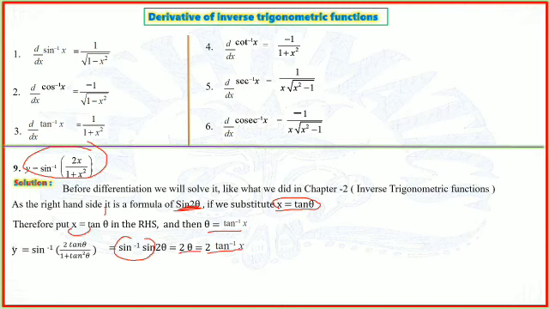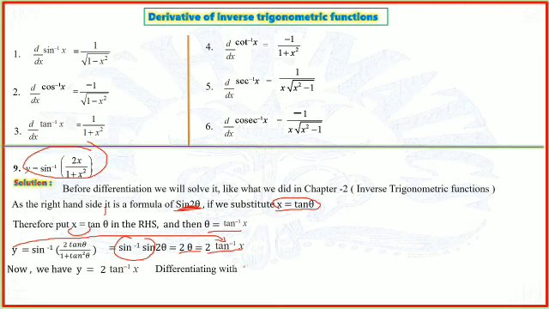Now y becomes 2 tan inverse x, which is quite simpler. So we'll differentiate now. We have y is equal to 2 tan inverse x. So differentiating it with respect to x, we get